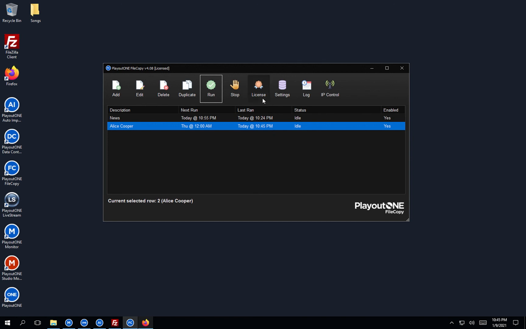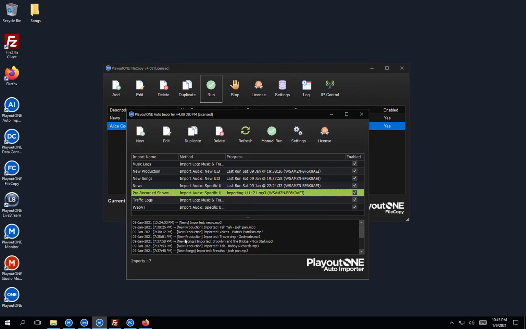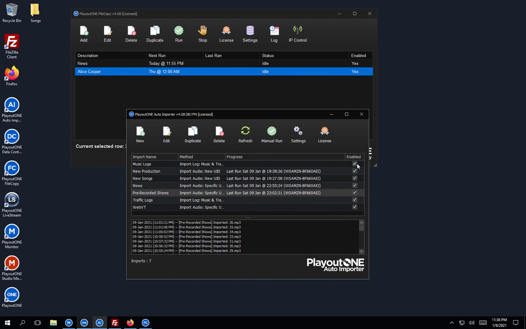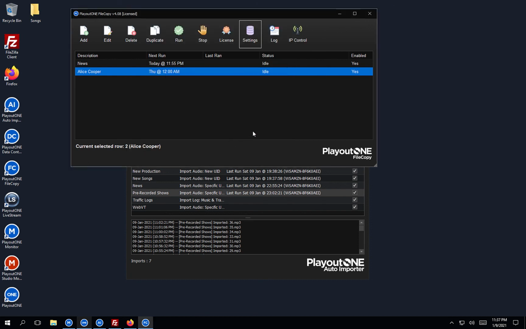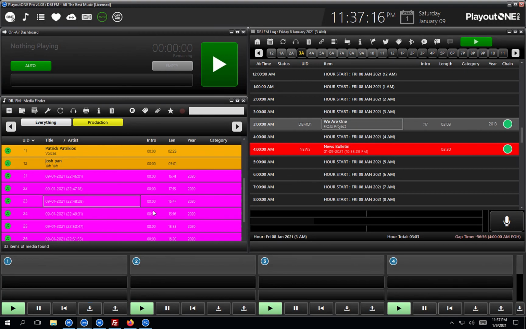OK, so let's go and check Auto Importer here. And they're starting to import. We'll wait for them to import, then we'll check them in Playout 1. Okay, so our files have imported, and just for reference, if you don't want to have to click the message boxes a gazillion times when you test out your file copy, then all you can do is go into the settings here, and you can tick the no message boxes on manual run, and that will prevent all those boxes popping up. But when you first run the test, you may just want to keep them on there just to confirm everything's running. Okay, so if we now go and take a look at Playout 1, we can see here